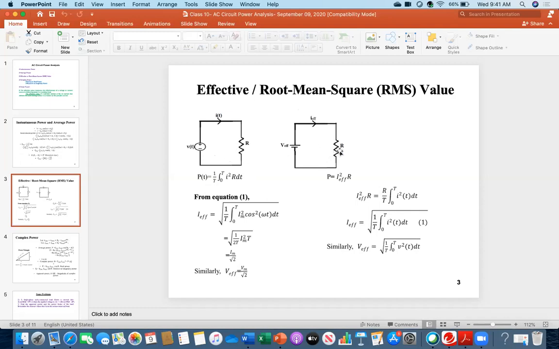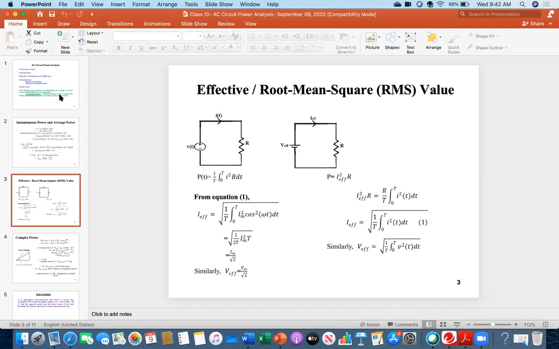This R value and this R value is the same. Here it was AC voltage. Here I used an equivalent DC voltage, this DC. So therefore, if this is DC, what should be my power now? Provided that this is the current, I have used the symbol I effective. So P is I squared R, that you all know from the DC circuit.